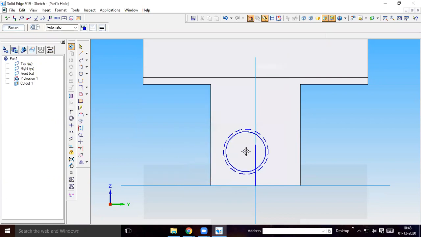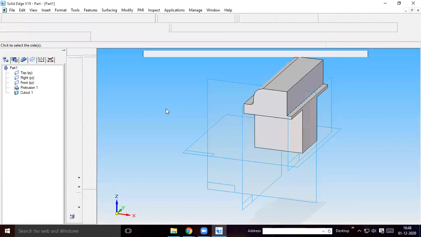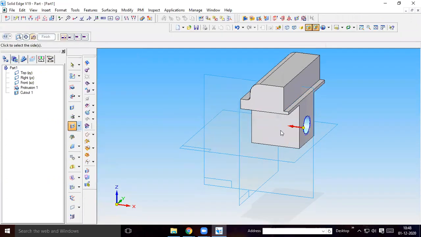Then okay, and place this at this end of this line, 18 mm line. Then you delete this line, then say return. Then you give this direction inside, as you have given throughout the dimension, so you need not give the dimension. It will take throughout the part. The threaded hole will be created. Finish. Is it clear?